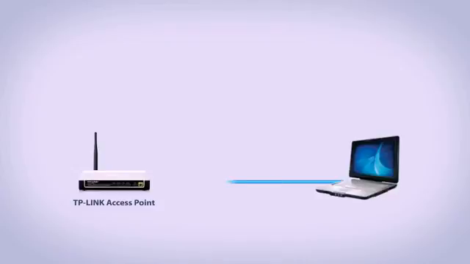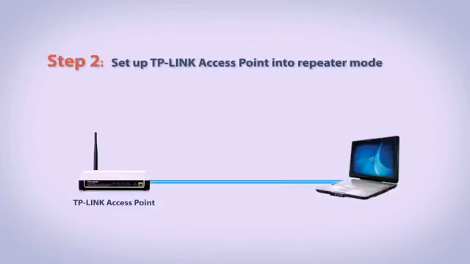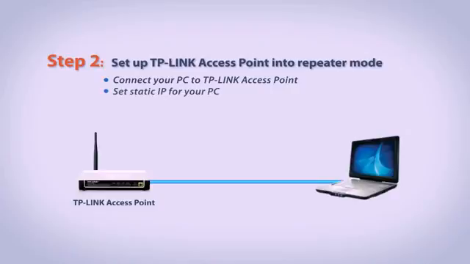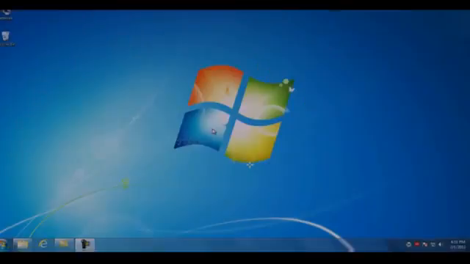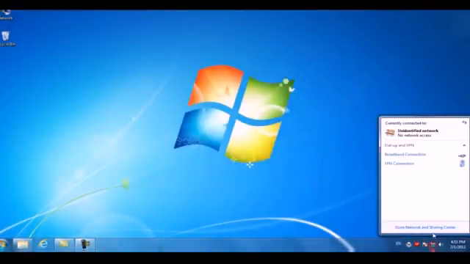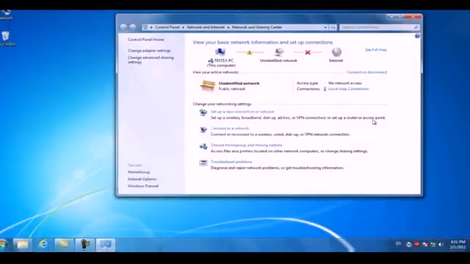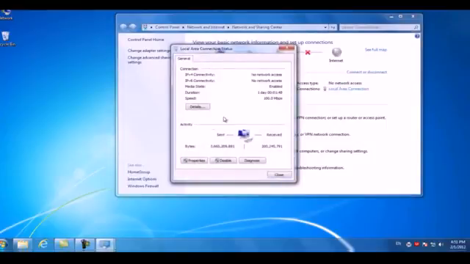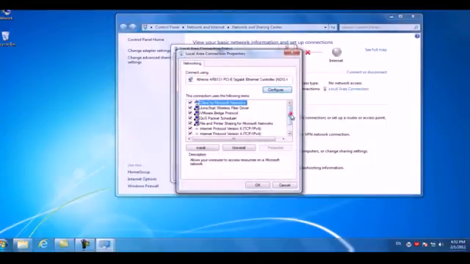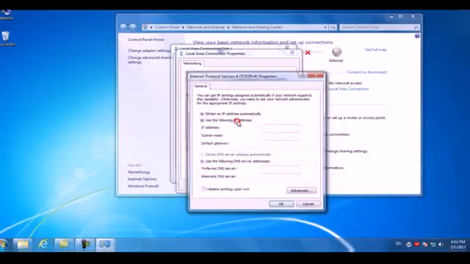Now we can configure the TP-Link access point into repeater mode. Connect your PC to the TP-Link access point, then set a static IP to the PC and finally set the access point as a repeater. To set the IP on your computer, you need to get into the properties of your local area connection. Then access the TCP/IP settings and select use the following IP address. For the IP address, enter